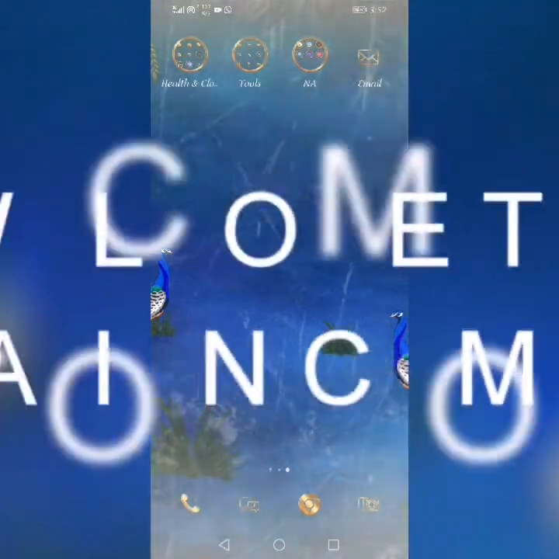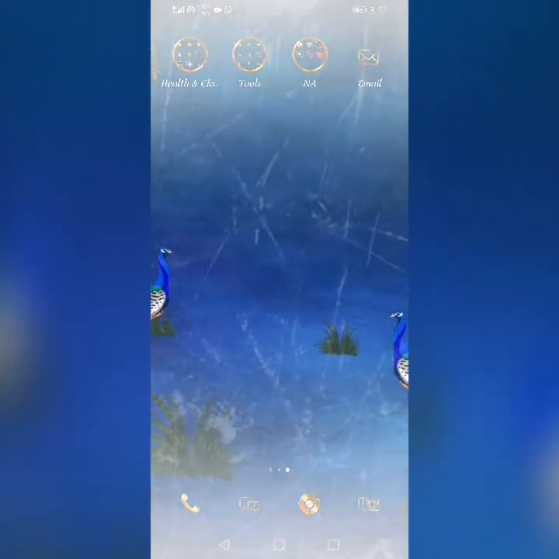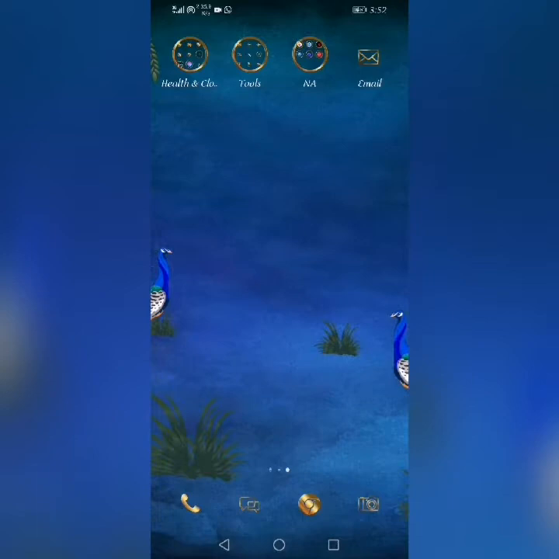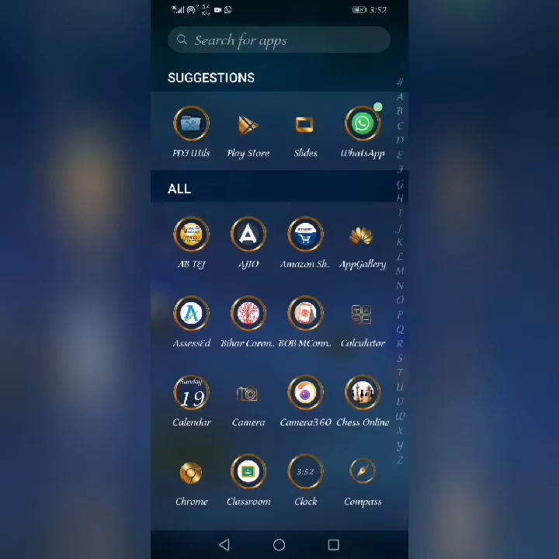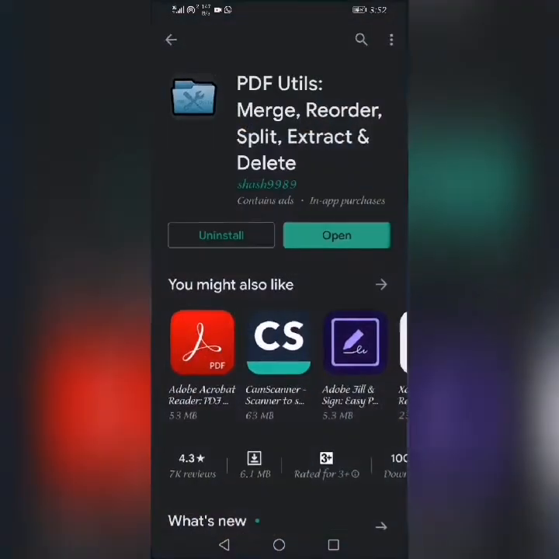Nowadays, as lockdown is going on, or for any security purpose or for personalizing our PDF files, we want there to be a watermark behind our PDF file. So how can we put that on a PDF file? I'm going to show you how easily we can do it. There's a very interesting app called PDF Utils.